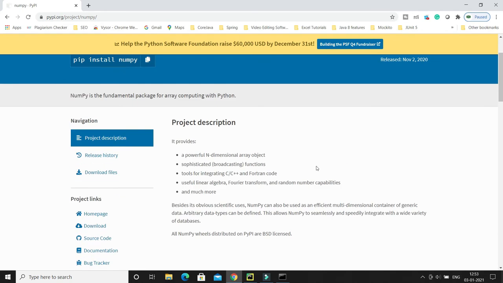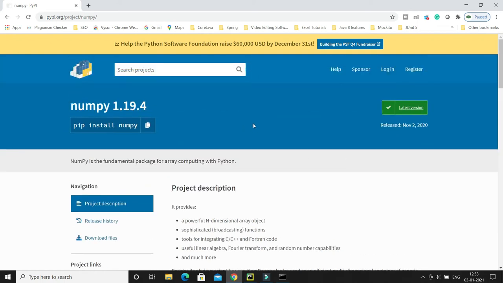NumPy does not come by default with the Python installation. You have to install this package explicitly. Here you can see, on the Python Package Index website, I can see the NumPy current version, and this is the command to install this library.